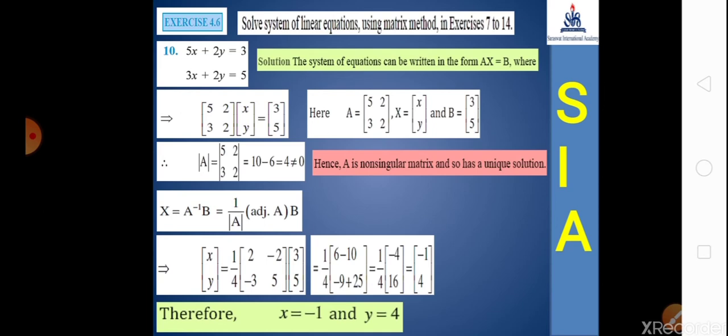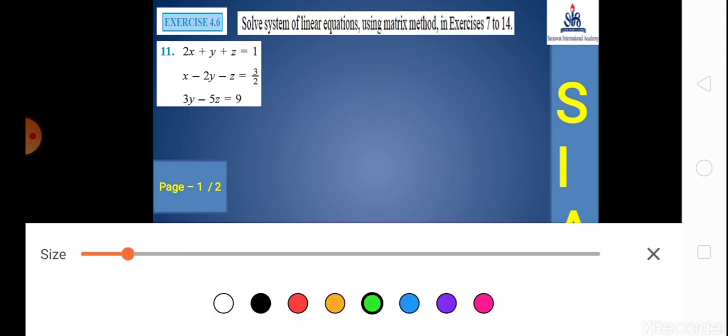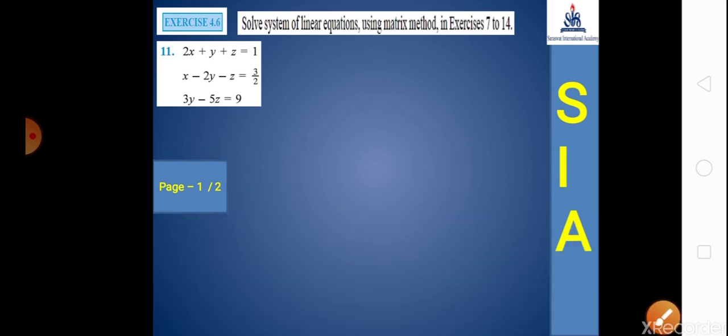Now I move ahead to the big questions, to 3 cross 3. It means 9 cofactors, related adjoint, definition and solution. So continue. Question number 11. Yes students, this numerical is on 2 screens. I have already written the screen number, so you easily understood my question. See here, it is 2 screens. 1 divided by 2 means the first screen is coming.